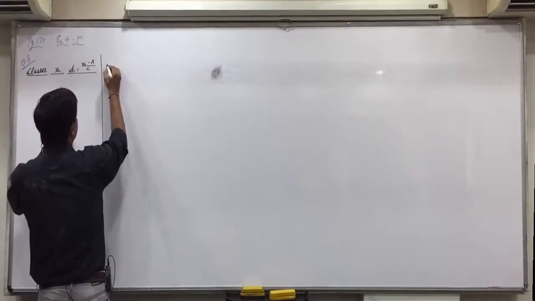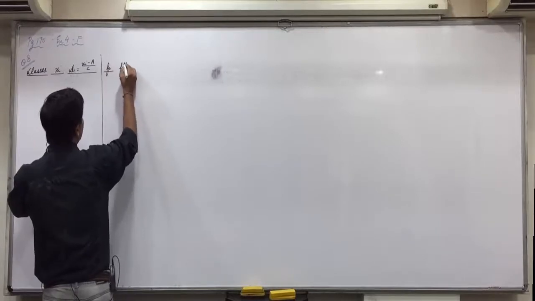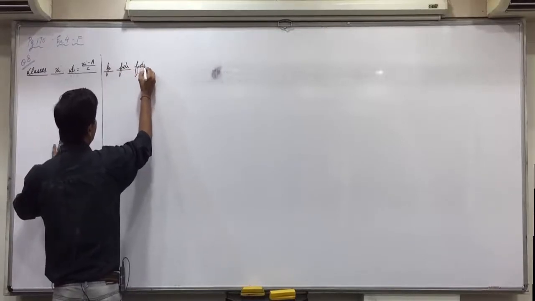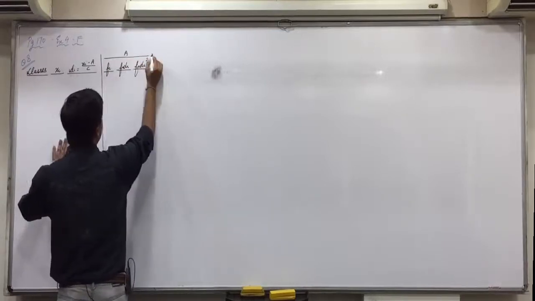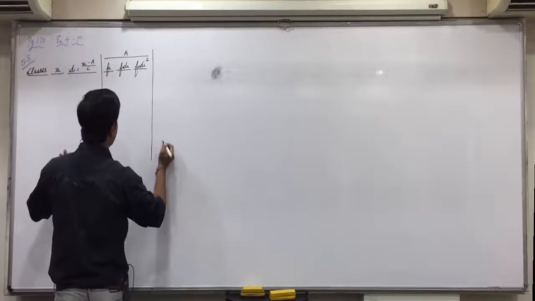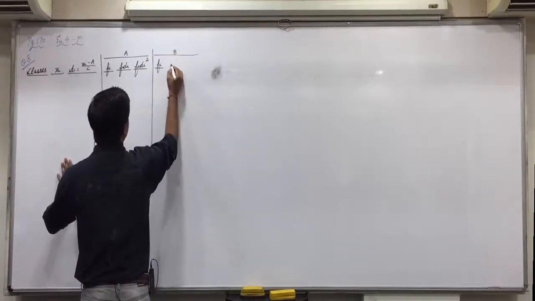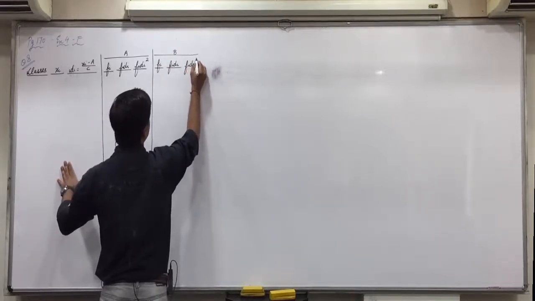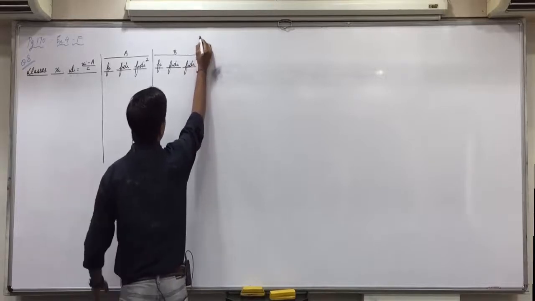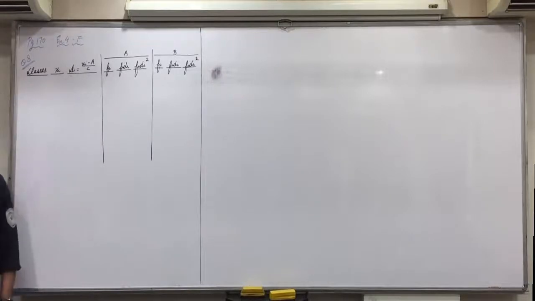Then we will have group A's frequency, FIDI and FIDI square. This is all of group A. And then in the same way we will have group B, FI, FIDI and FIDI square. These columns are to be made. Give these headings and write the classes and frequencies. Do you all understand this portion, everyone?